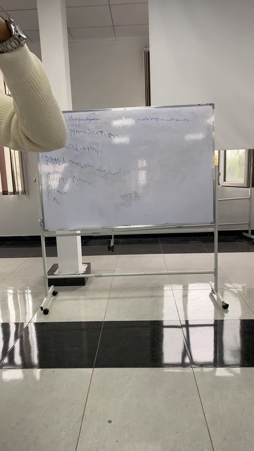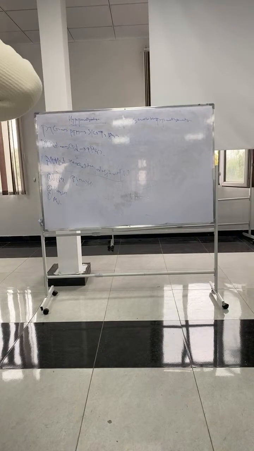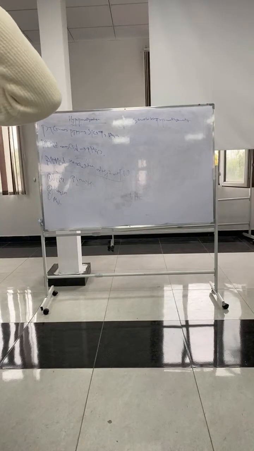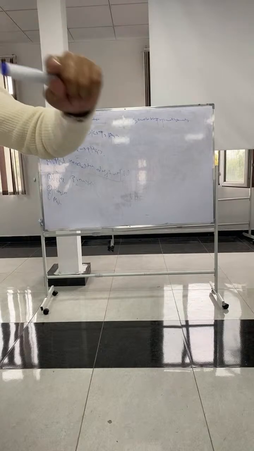So if we see any patient in whom the calcium level is low, we will think that maybe there is a problem with parathyroid hormone, and a low level of parathyroid hormone causes a low level of serum